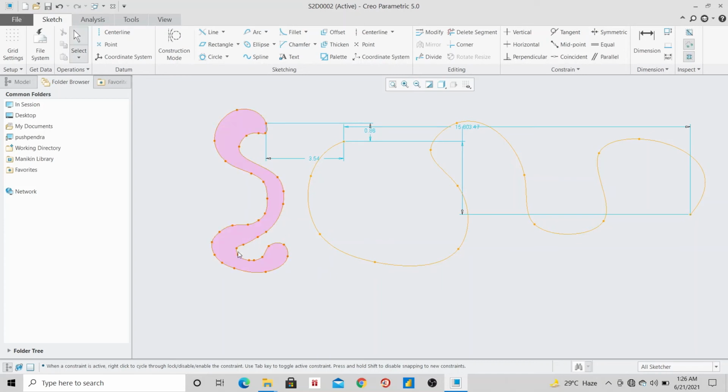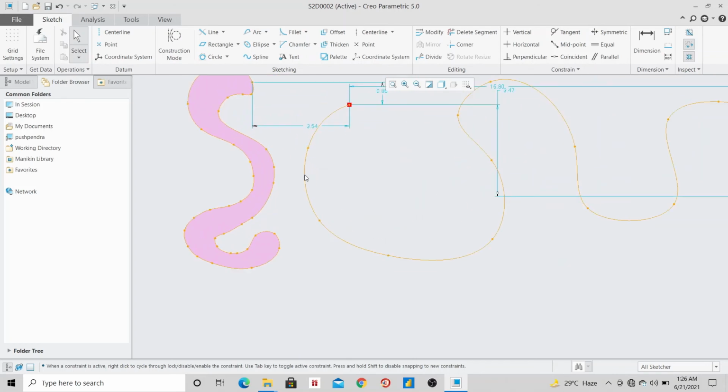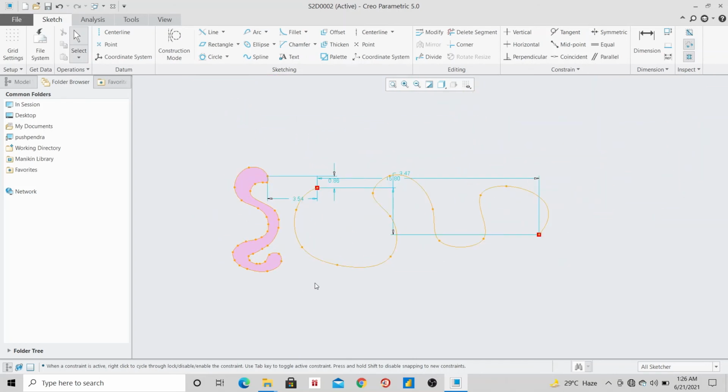You see, I am changing the shape and structure very easily. See, it's very easy to perform a freeform sketching with the help of a spline.